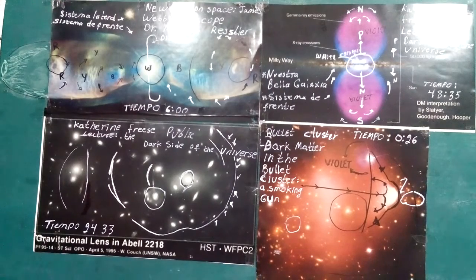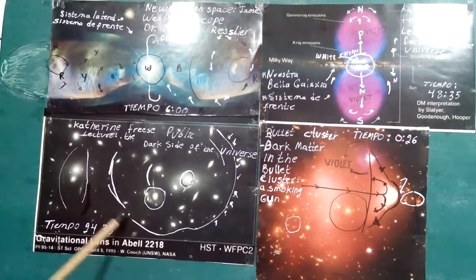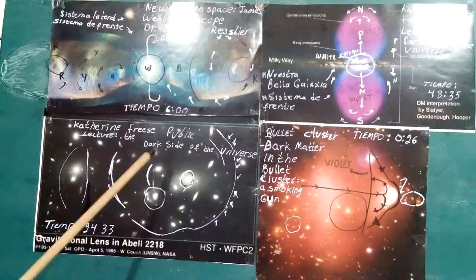Excuse me, I made a mistake. This one, 24:33, okay? She said that the light spheres that are observable is light curved by matter. Okay, this one right here,